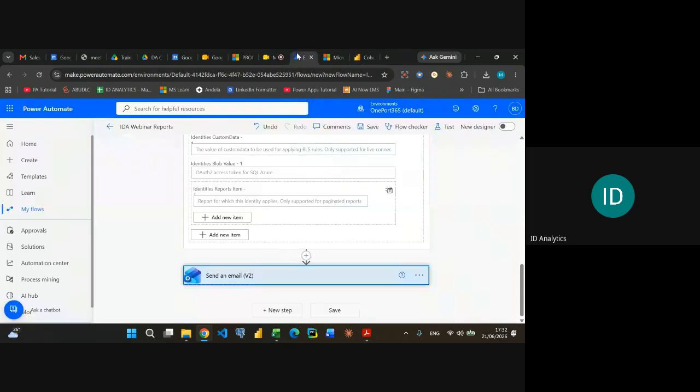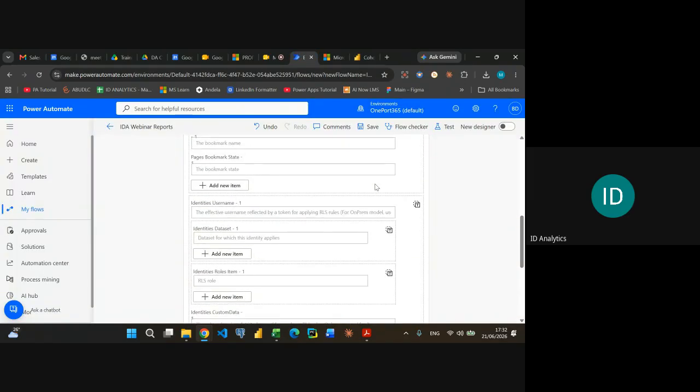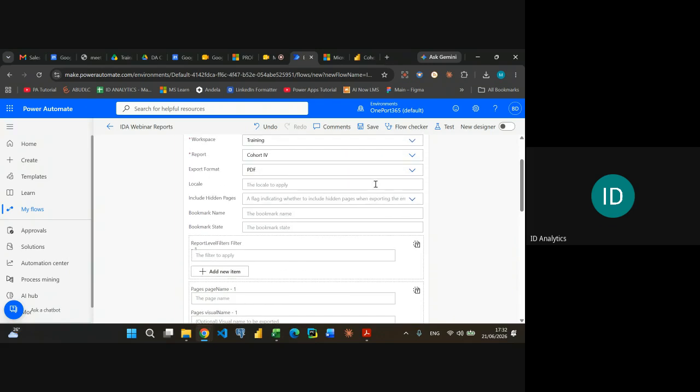Let's check again. I think there's an option to select if it should include hidden pages. Okay, so this option here, let's try this out. Include hidden pages, this one. So if I say that yes, I want to include hidden pages, so I select yes, and I click on,